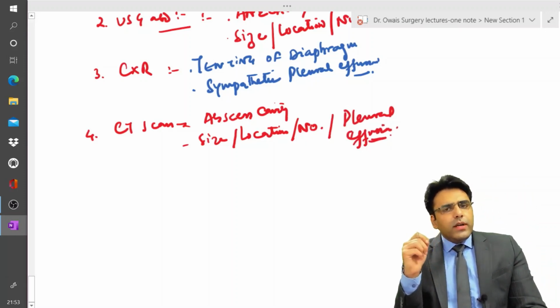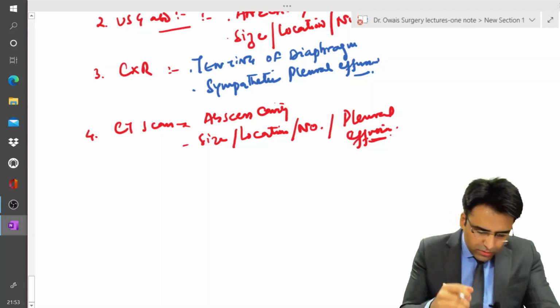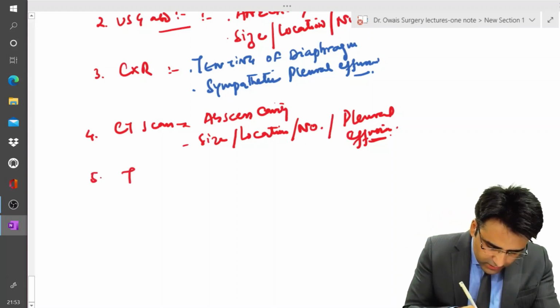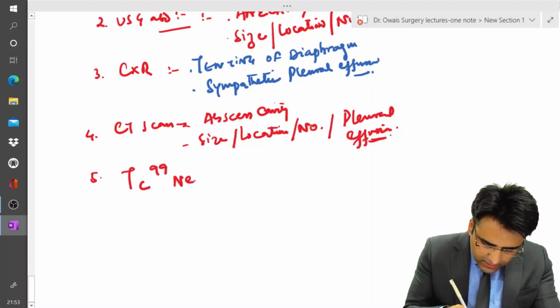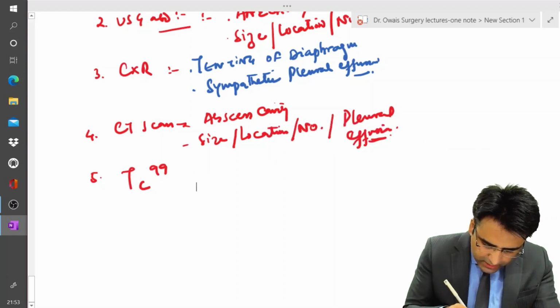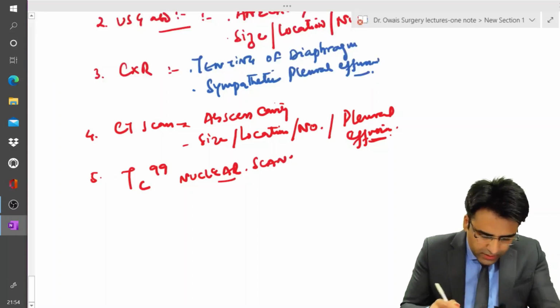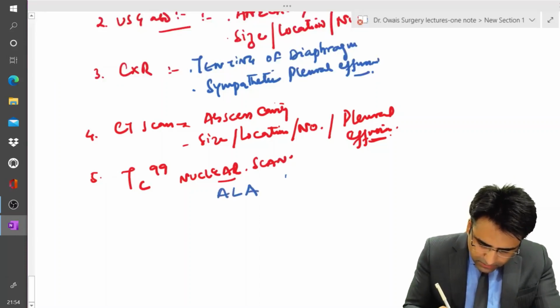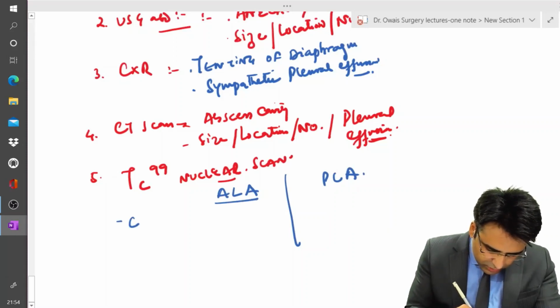Now there is an important test, technetium 99 scan. It is used to differentiate amoebic liver abscess from pyogenic liver abscess. That is technetium 99 nuclear imaging. On amoebic liver abscess, it shows a cold lesion